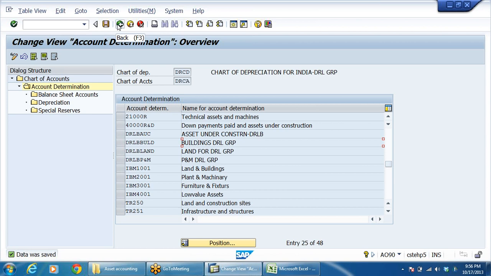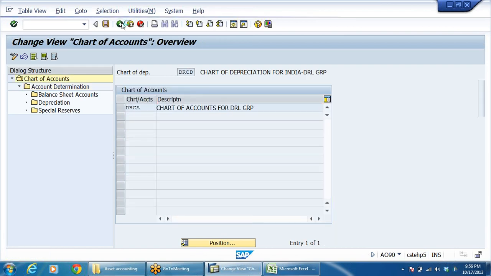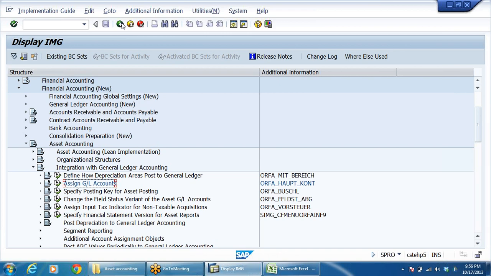You have to keep your body and mind together, because even if you make the smallest error here and post accounting entries, you cannot rectify it. So you have to be very careful while assigning the GL accounts. Come back. So once the integration is over,